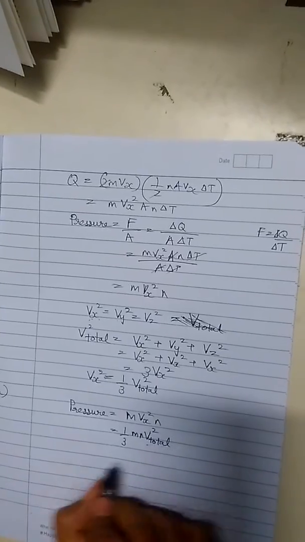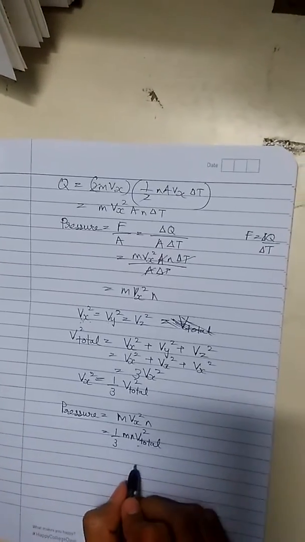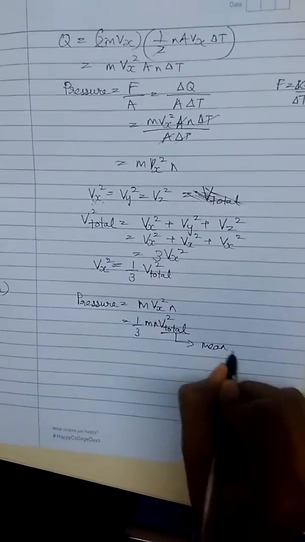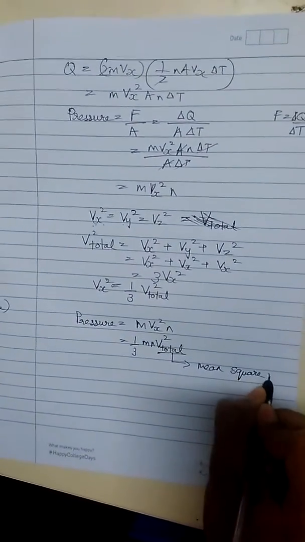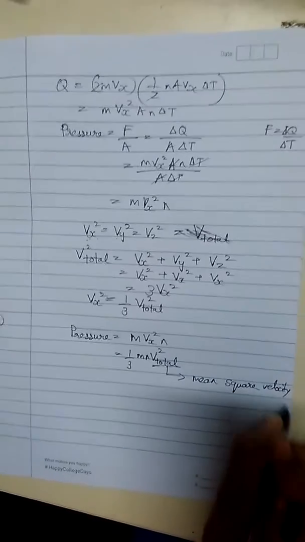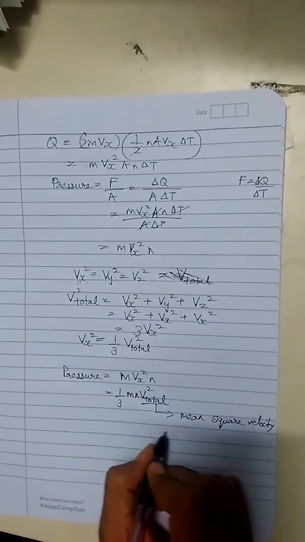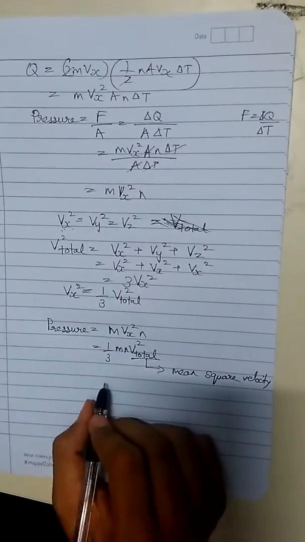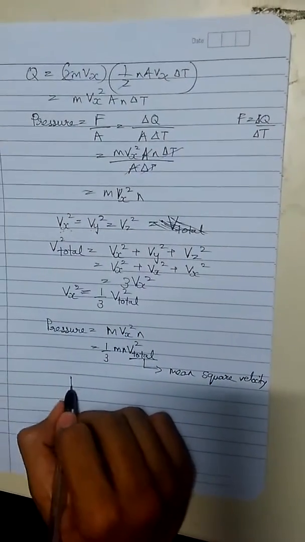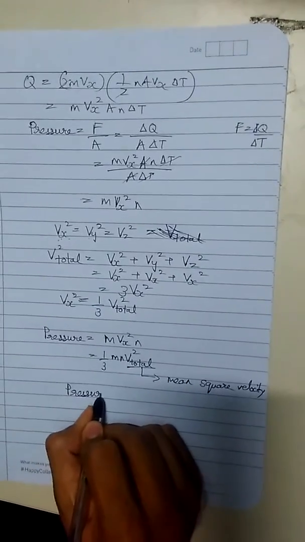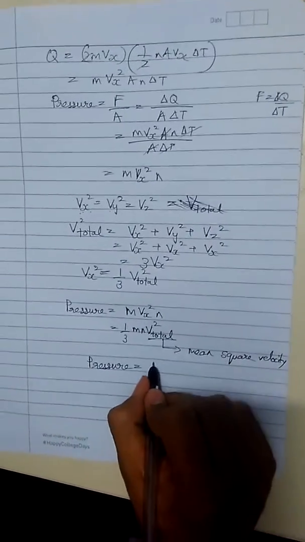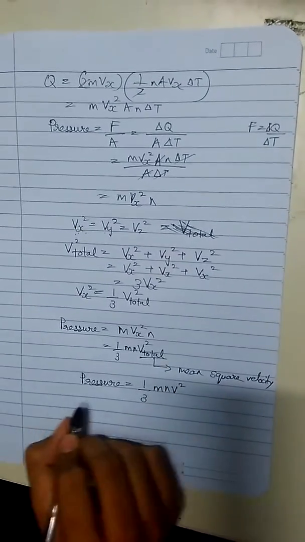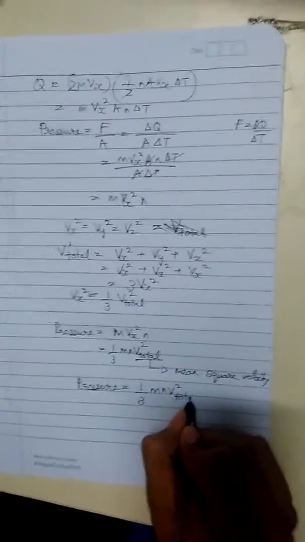This V total square is known as the mean square velocity, which is the square of the average velocities of these molecules. So the pressure exerted by the gas molecules on the walls of the container is 1 by 3 m n V square, or V total square,